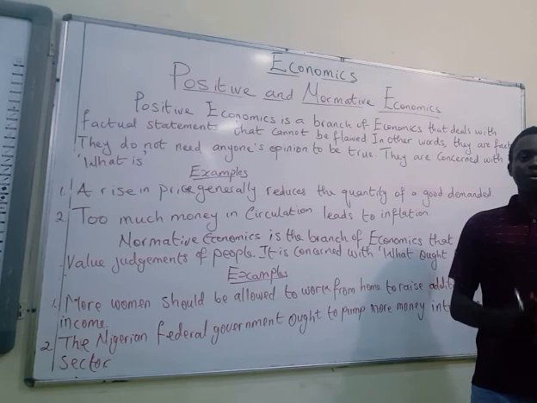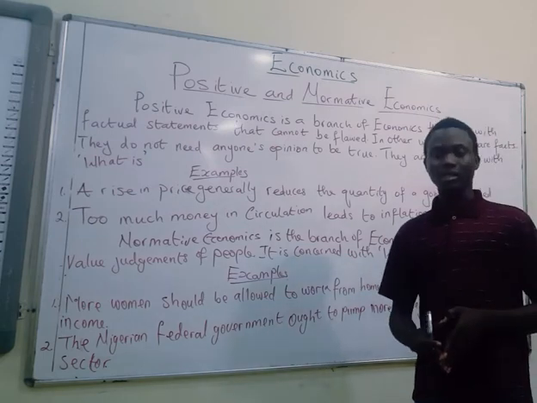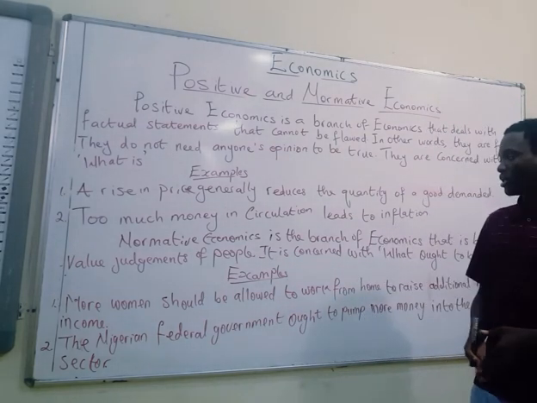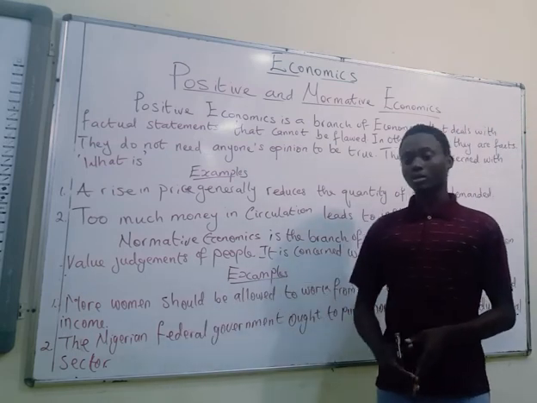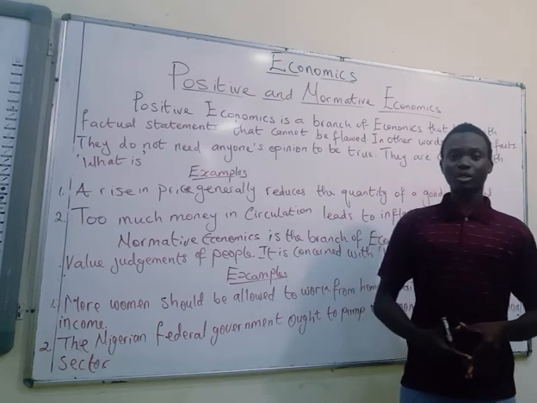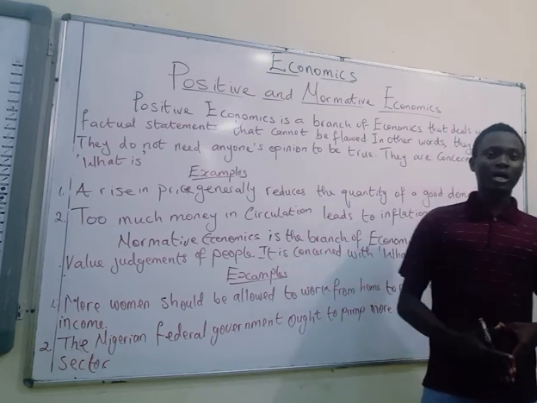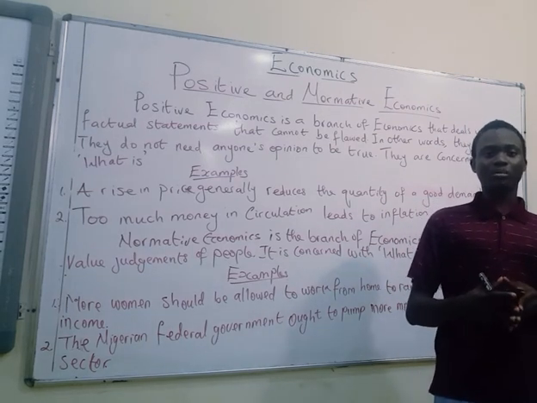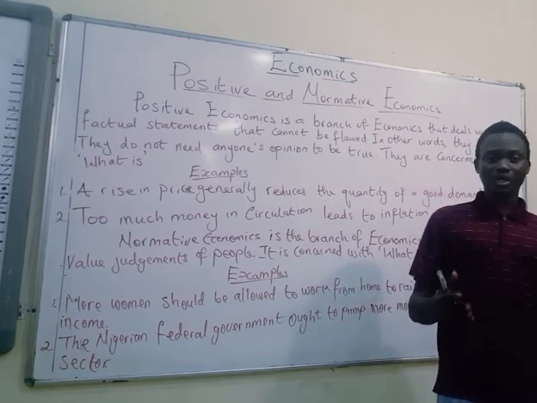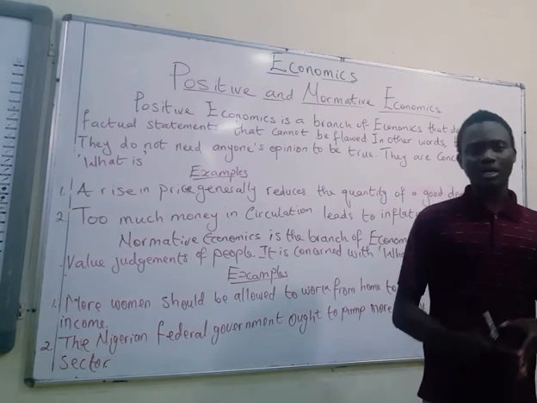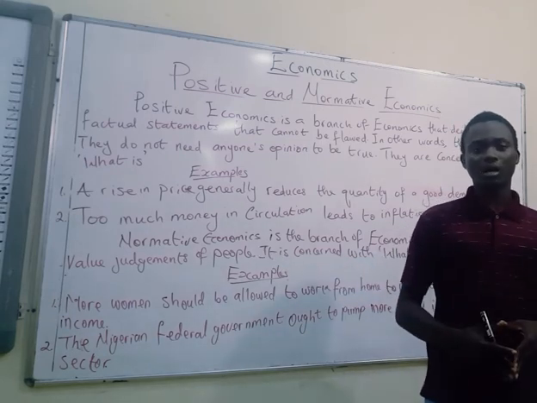So what we need to note when we're talking about normative economics is that we use modal auxiliary verbs in order to make the statement. We have should here, which is a modal auxiliary verb, and we have ought to here, which belongs to the same category of verbs, because it's more of a suggestion, more of an opinion. It's not a fact. We are just trying to say this ought to be, this should be happening, or if this happens, this is likely to happen, and so on and so forth.